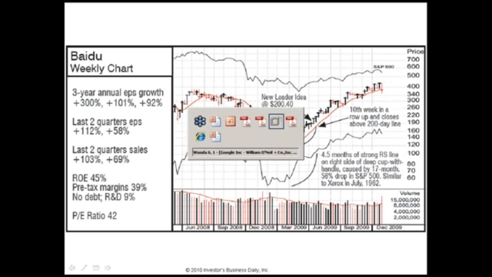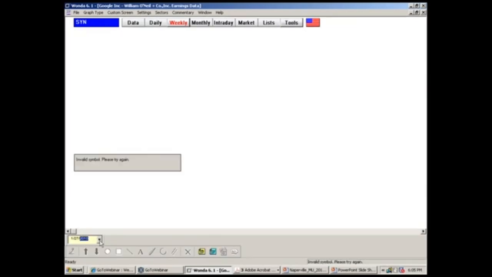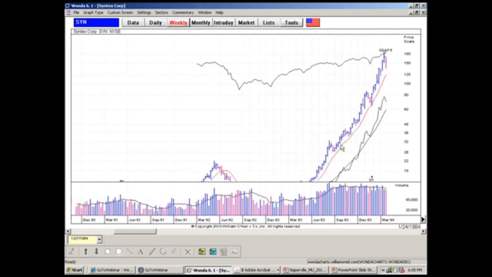One year later is when Syntex came along, and it broke out of the base at $100 a share, and it ran up. There it is. It's a 3-for-1 split. I bought it right there, and it went up 20% in 3 weeks. So I shifted into an automatic rule. I must hold it for 8 weeks, and so then 3, 4, 5, 6, 7, 8. You have to hold it to the end of 8 weeks, it was 46, and I was ahead substantially now, 40% or so.